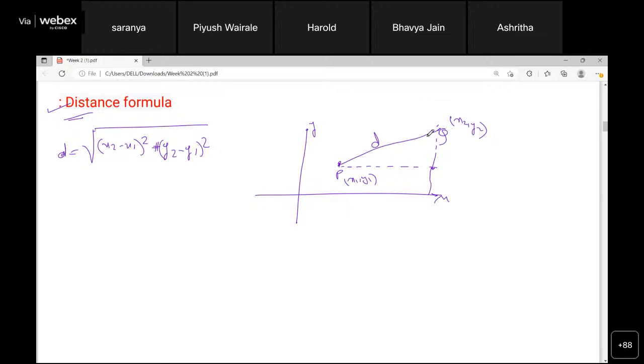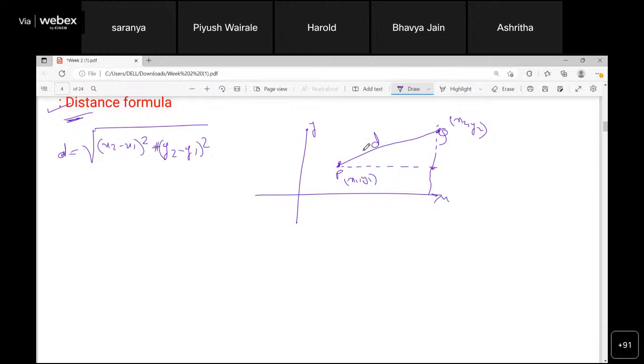An equation of what? I'm not getting it. If a quadratic equation ax square plus bx plus c is given, then we will use the formula a plus b plus c upon under root a square plus b square. No, that is a parabola we're talking about. We are discussing the concept of distance between 2 points, right? Here I'm just discussing the distance formula, distance between points P and Q. That's it.